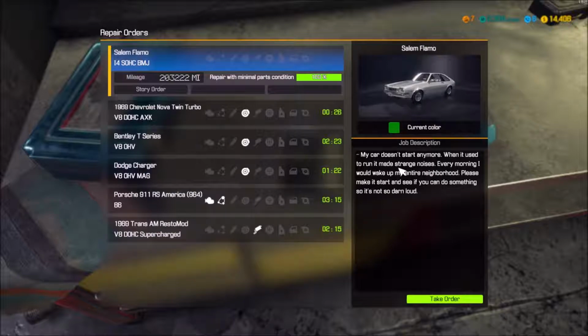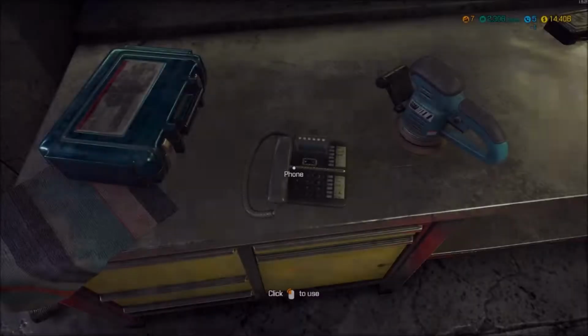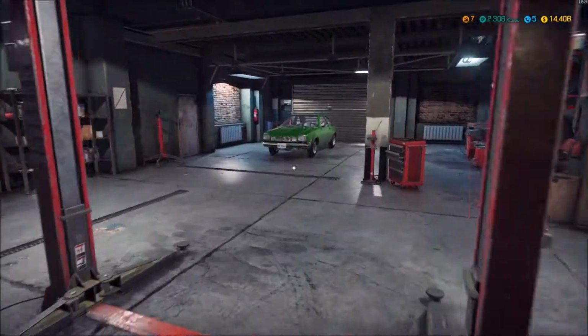So what does this say? My car doesn't start anymore. When it used to run, it made strange noises. Every morning I would wake up my entire neighborhood. Please make it start and see if you can do something so it's not so darn loud. Well, sounds like there's an exhaust issue and possibly a fuel or ignition issue. This is not going to start, so let's...